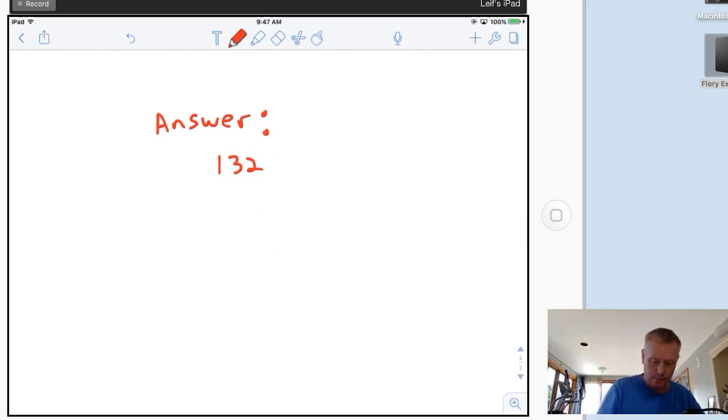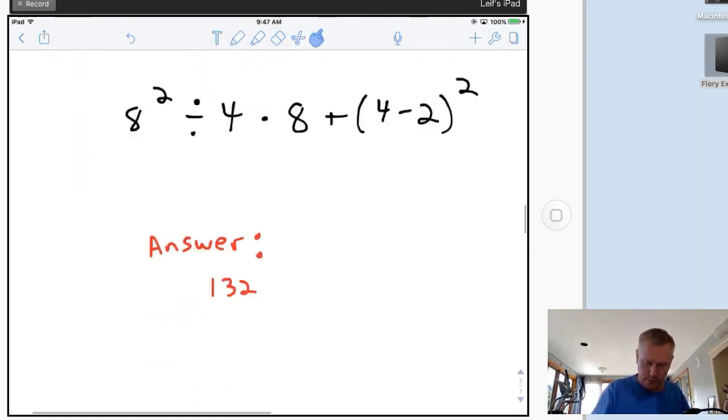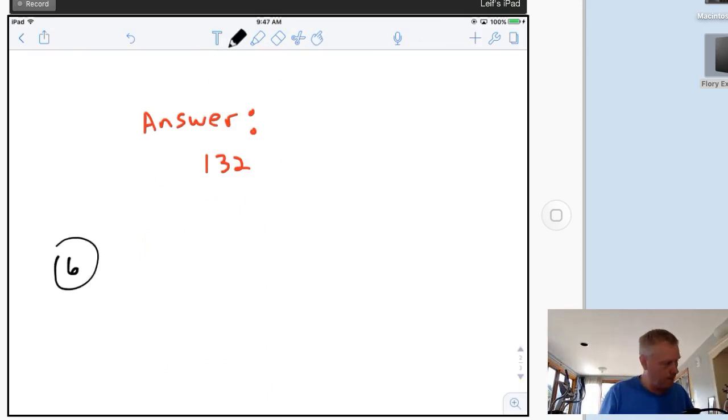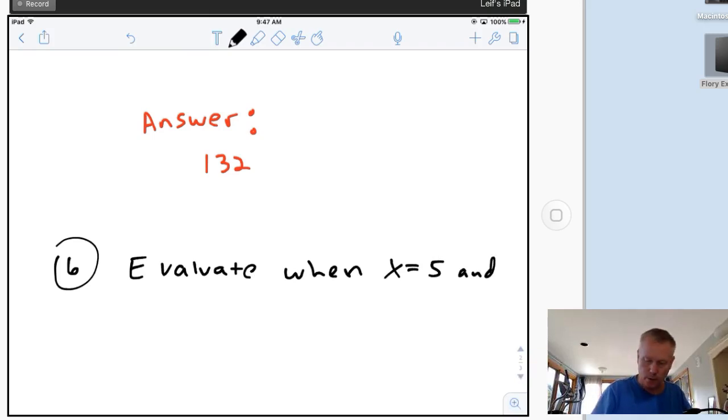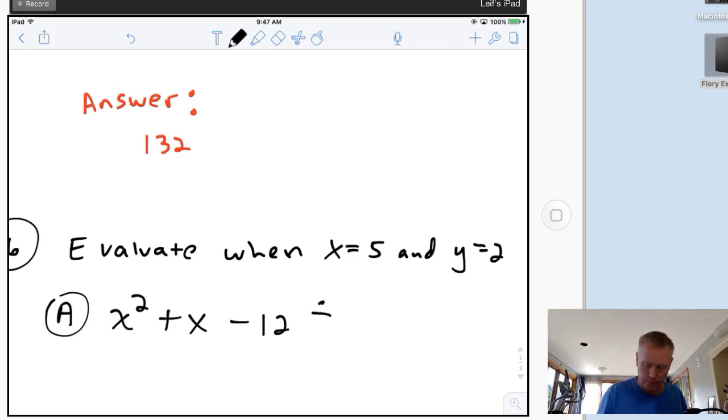I'm going to have this problem here. Which number am I on again? 6. Evaluate when x equals 5 and y equals 2. And I got 2 of them here. x squared plus x minus 12 divided by y squared. All right, so